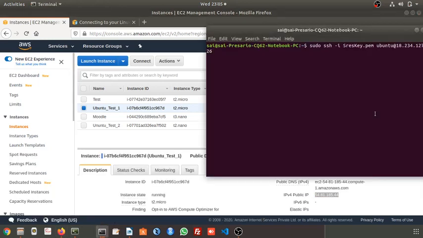Okay, I'll connect to this. Our key file is test underscore 1 and the username is Ubuntu. This user is registered on this operating system.